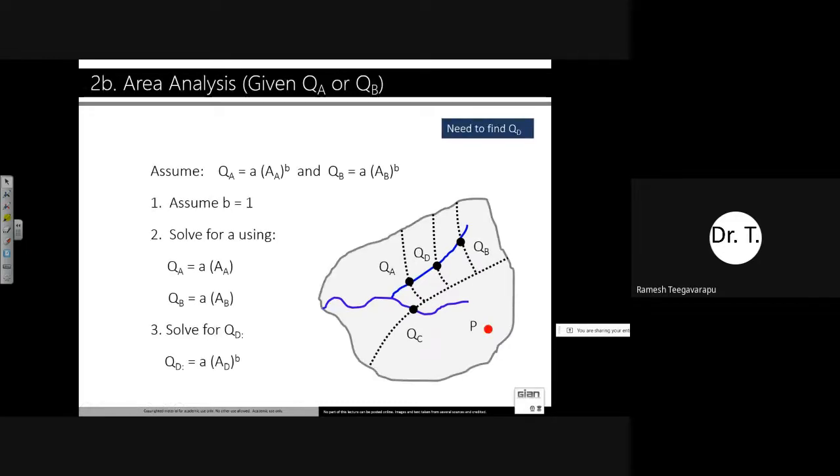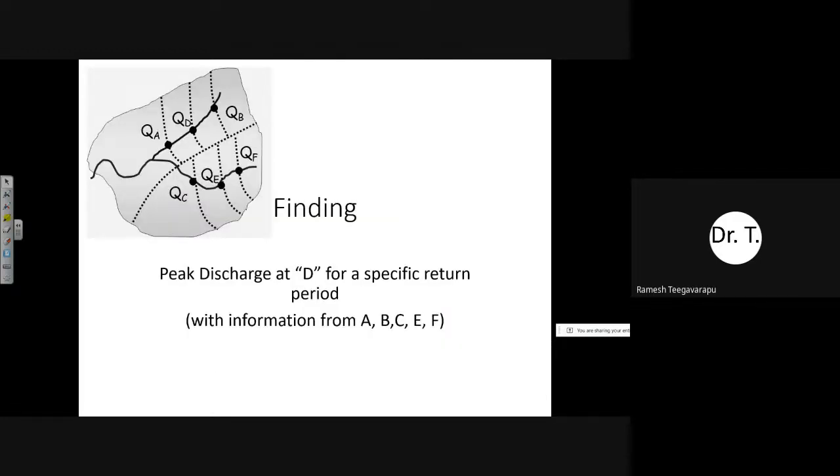And here's just making an assumption for one of the parameters equal to 1, and then solve the other one for A and B, and then finally getting back to QD. So if you're interested in trying to find out peak discharge for a specific return period based on information that